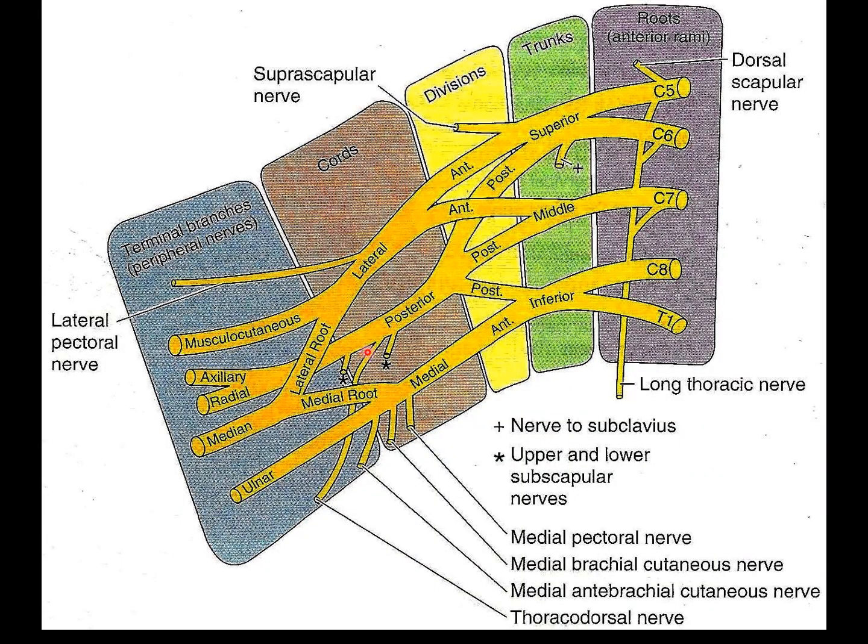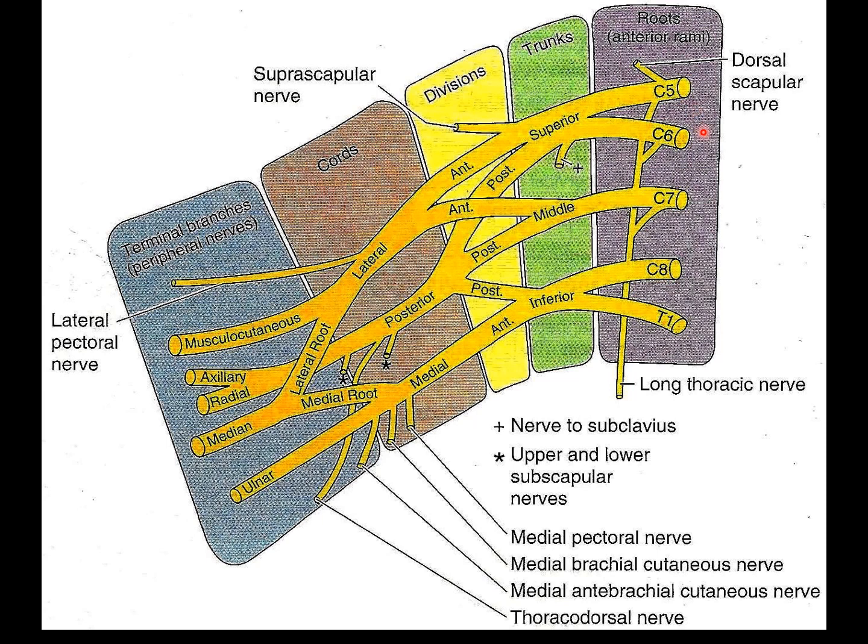So now we can see the first question about the brachial plexus: from where is the brachial plexus coming? Already we have seen previously that we have 8 cervical nerves and 12 thoracic nerves. So C5, C6, C7, C8. These are the 4 cervical nerves which are giving their branches to the formation of the brachial plexus, and fibers from T1 also. So the first thoracic nerve and the lower 4 cervical nerves are forming the brachial plexus. So they are known as the roots of the brachial plexus.